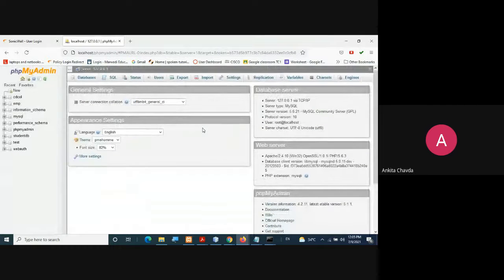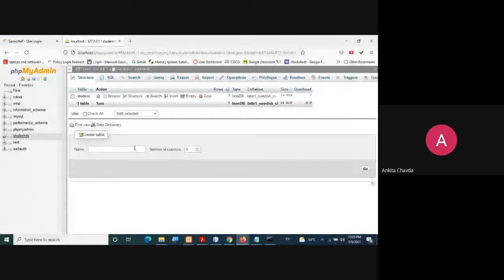Okay, so here I have created one student database, and one table is there, but I'll simply drop this table for now because we will create it again.